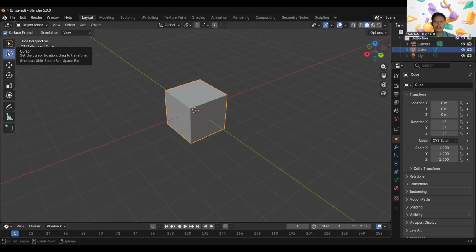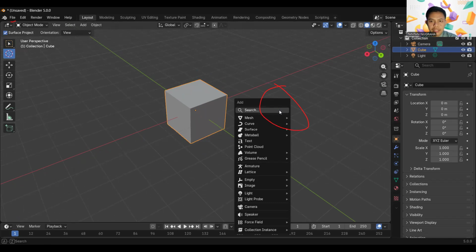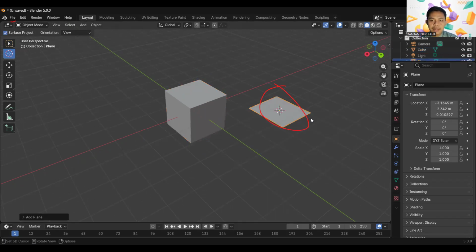The cursor function is to set the position of the first object. In this example, I will add a mesh at this position. Okay, I will press Shift A and add a mesh plane.